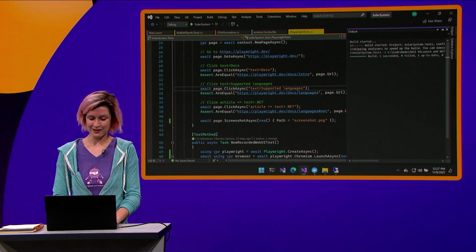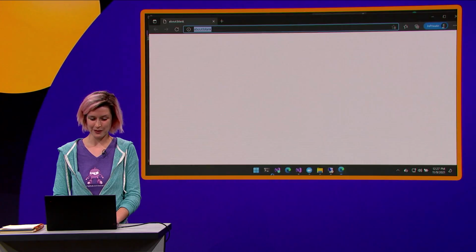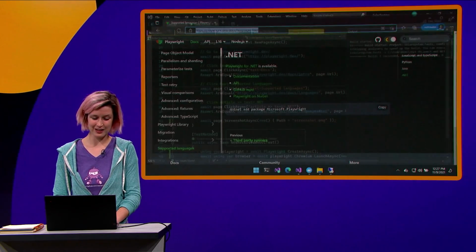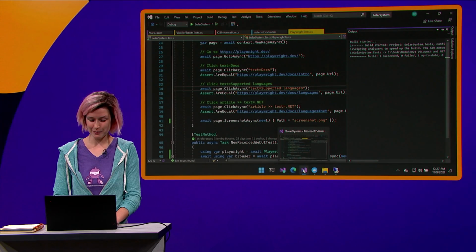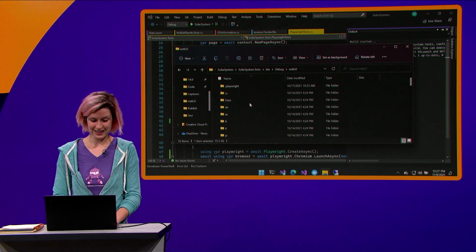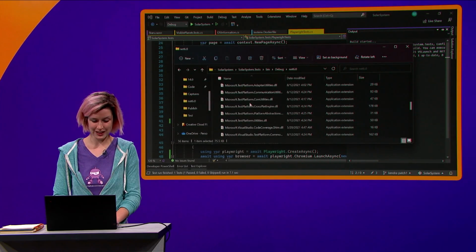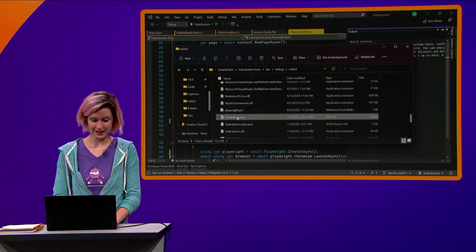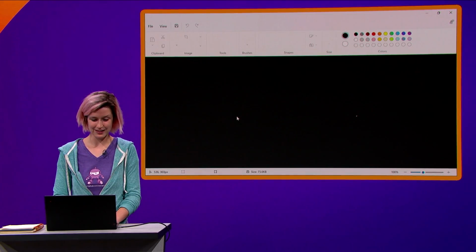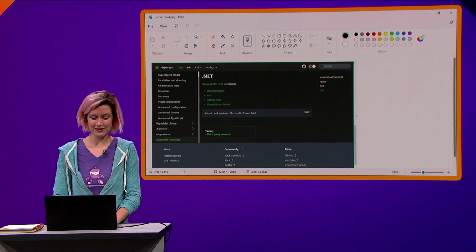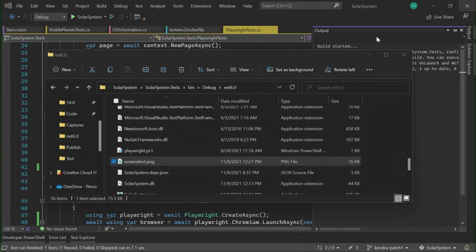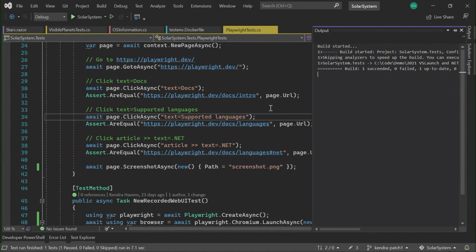And I had headless set to false again, so I think it'll pop up really quickly, scurry through all of those steps for me, put my app through its paces, and then I can go to my debug folder and actually check out the screenshot that it took of my tests. Boom, so it has the instance of what was happening, what it looked like in each